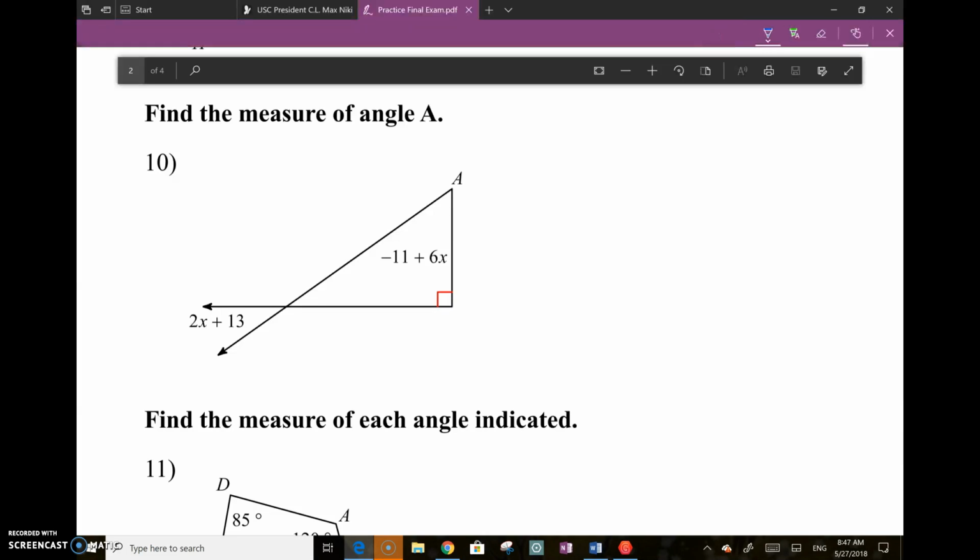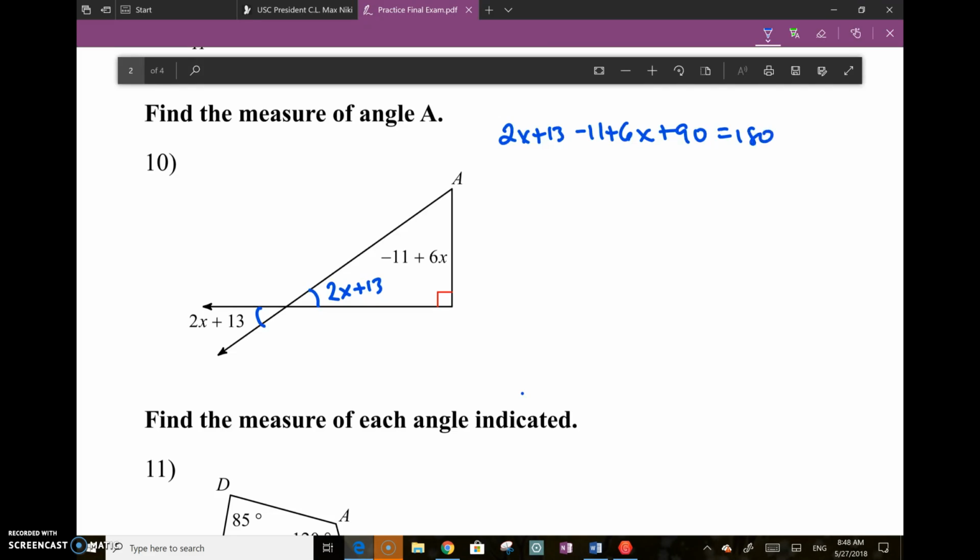So here we go. At the end of my last video, just to recap, what I said was that the exterior angle theorem could be used to answer this, but that's actually inaccurate. The correct way to do this would be to use the vertical angle theorem, which says that these two are congruent. Therefore, I can call this 2x plus 13. And then to also use the triangle angle sum theorem, which says that in any triangle, the sum of the angles is 180. So applying that, I would get 2x plus 13 minus 11 plus 6x plus 90 all equals